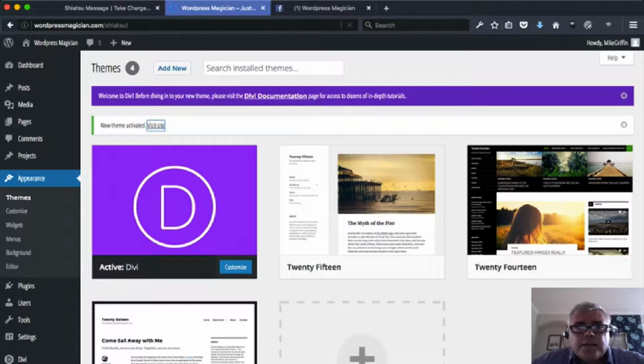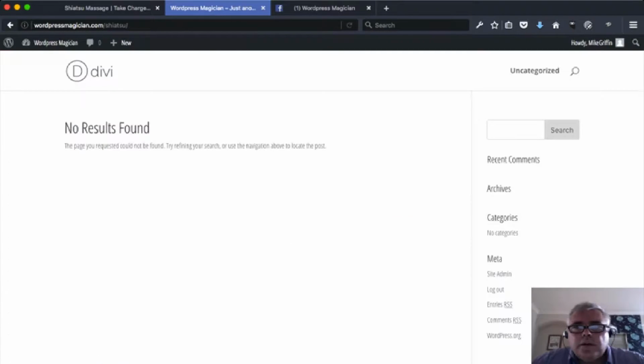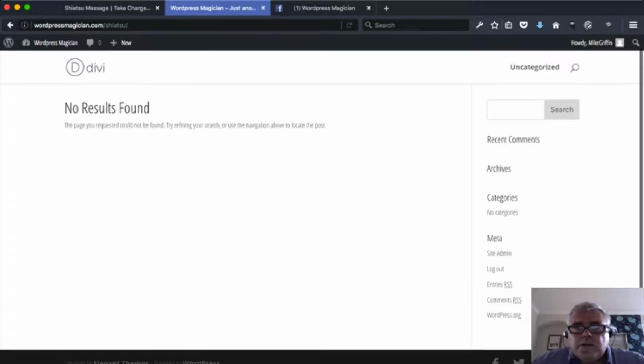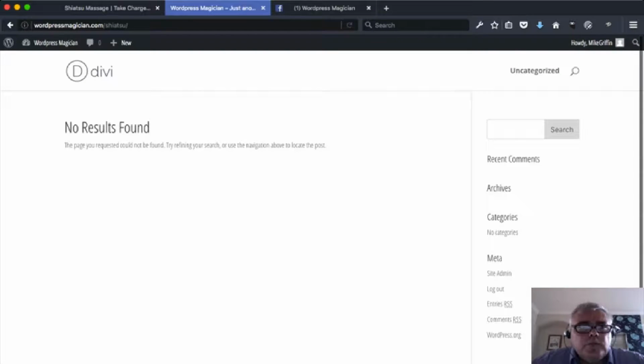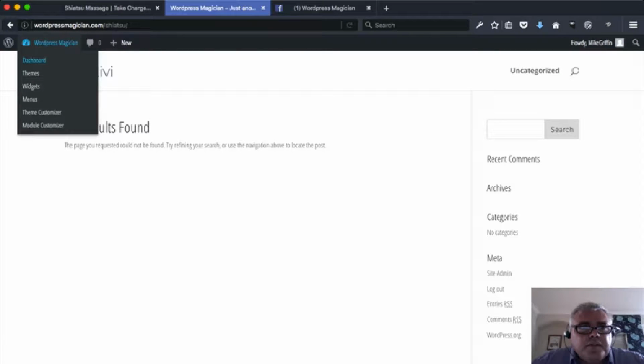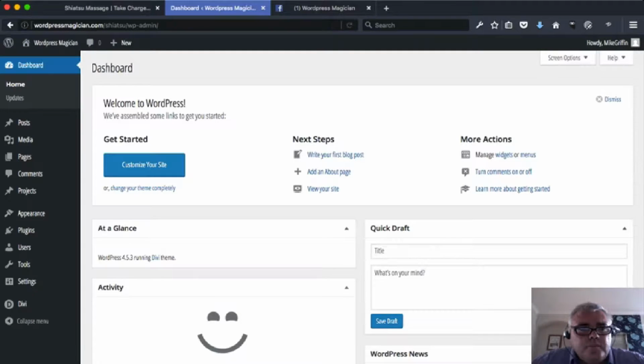Let's visit the site and see what it looks like in its bare bones. Okay, so that is what Divi looks like in its bare bones. We're now going to upload the Divi builder. So we go back to the dashboard and we go to plugins, add new,